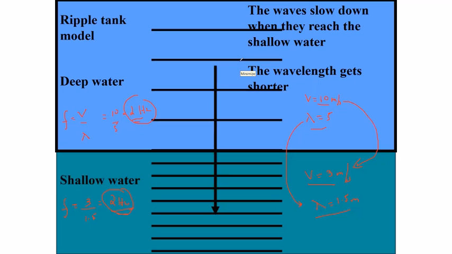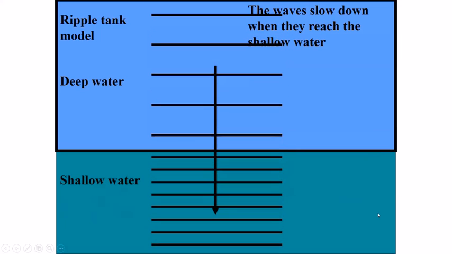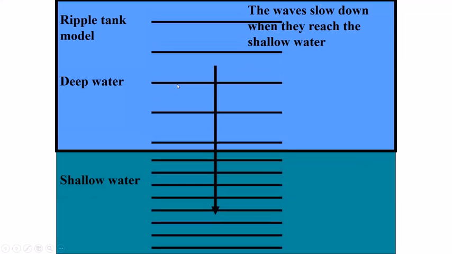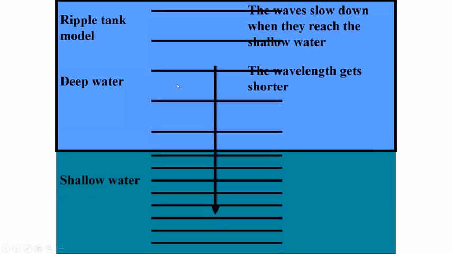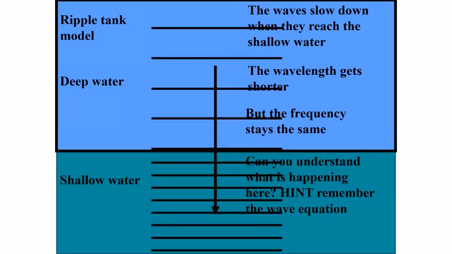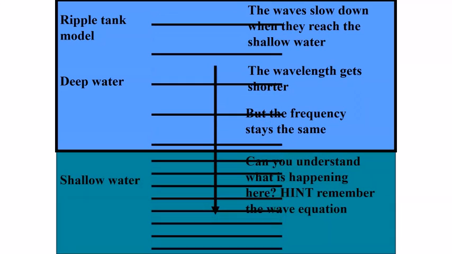Direction can change during refraction, but in this case, as the wave is moving exactly from a deep to a shallow region, there is no change in direction. So what is the observation moving from the deep region to the shallow region? We will observe that the speed decreases, the wavelength gets shorter, but the frequency remains. So using a wave equation, using a ratio